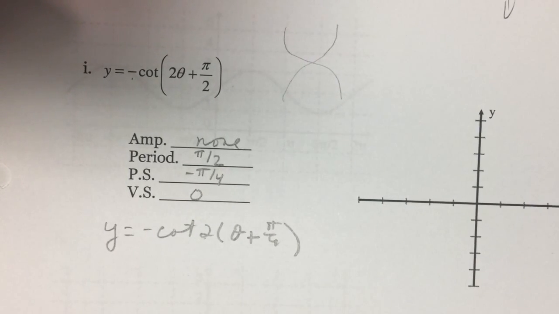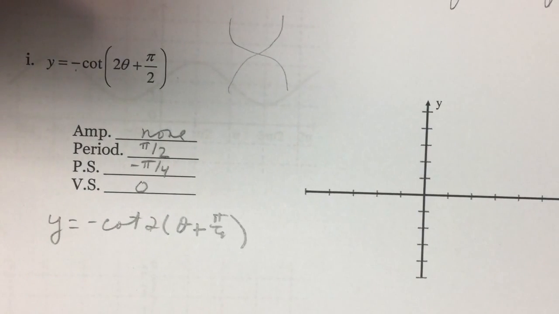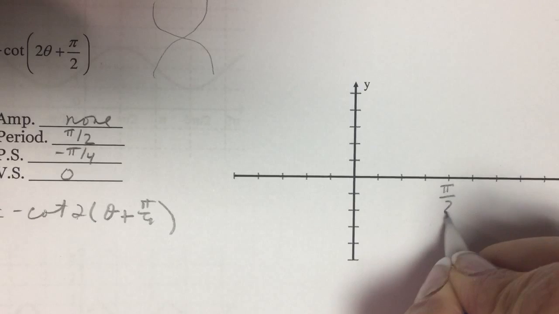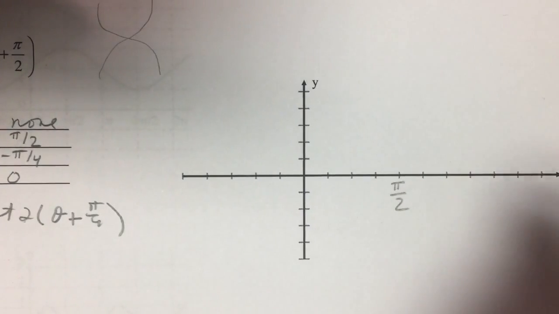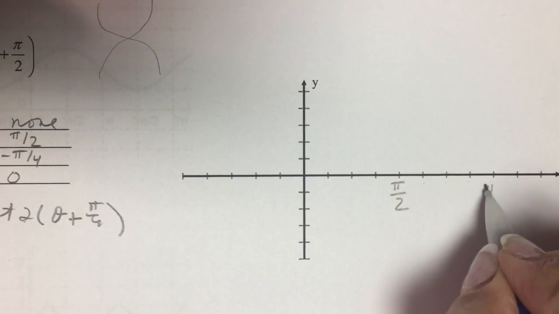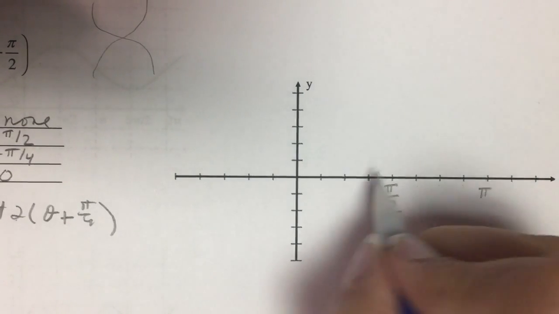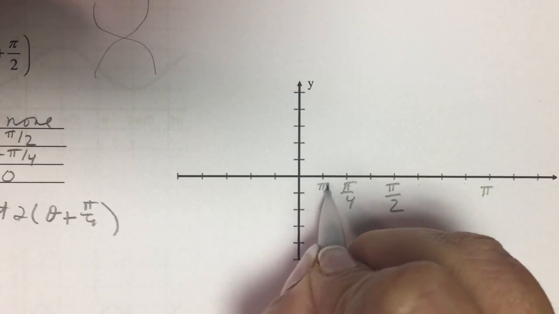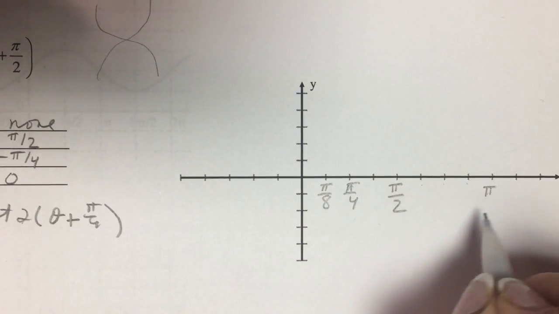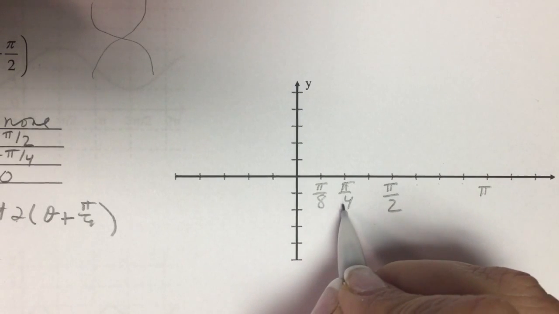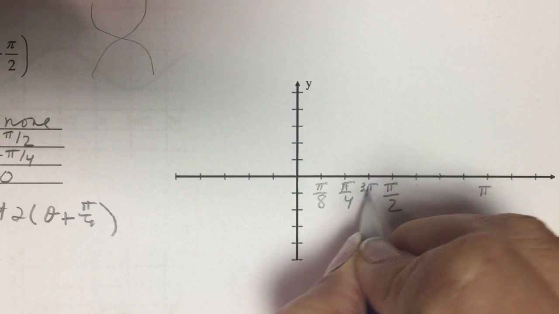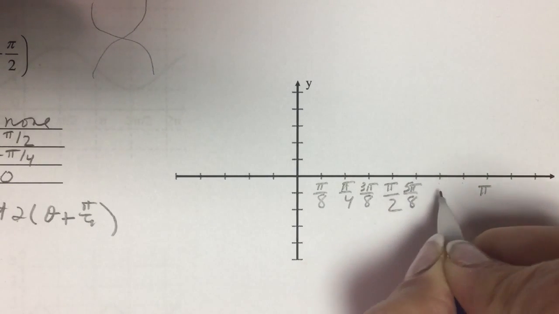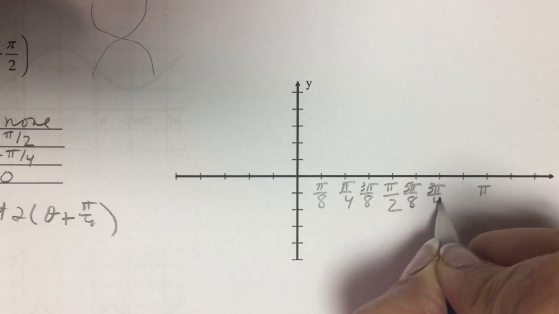Okay, so let's see. The period is pi halves. So we're going to go out 4, and that's going to be a pi halves there. And then 1, 2, 3, 4, that's going to be a pi. So there's my 2 periods. Now half of pi halves is pi fourths. Half of pi fourths is pi eighths. So if I'm going to go ahead and finish these, that's 1 pi eighths, 2 pi eighths, 3 pi eighths, 4 pi eighths, 5 pi eighths, 6 pi eighths,